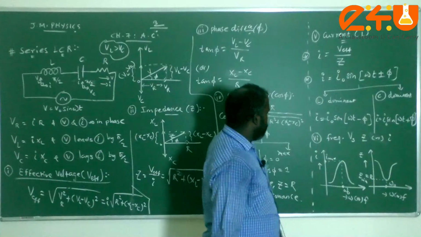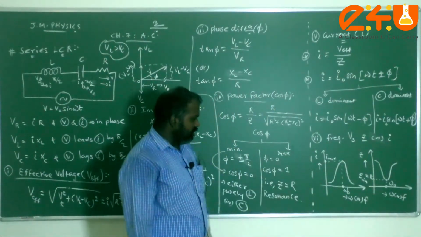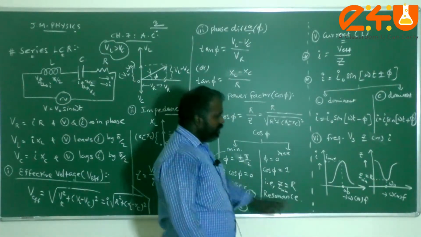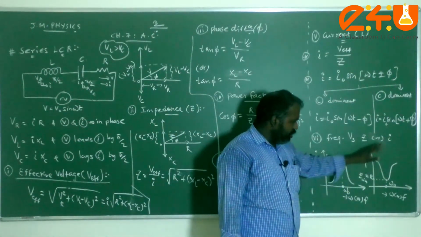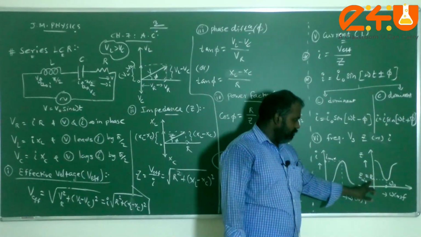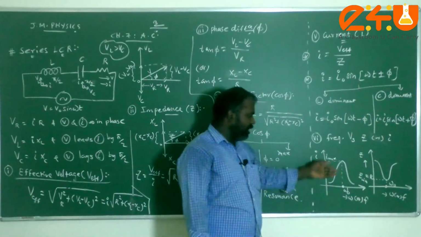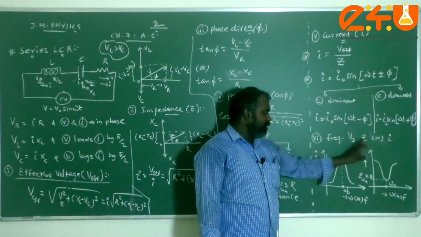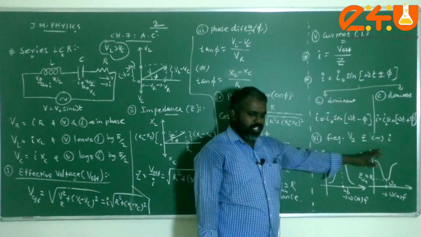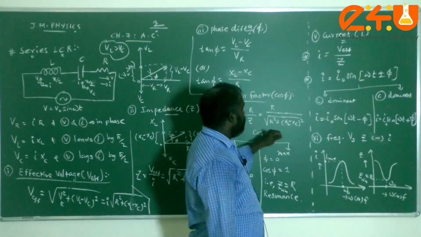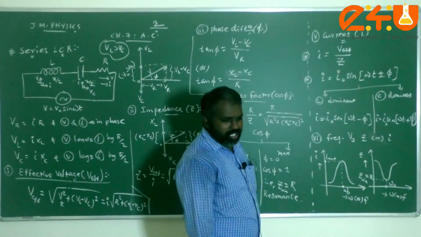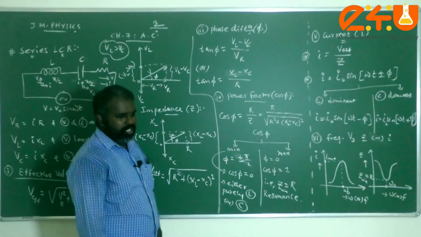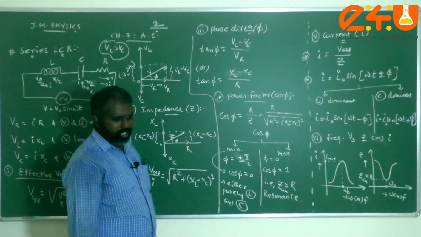That Z minimum is what, children? Resistance R. Z minimum is equal to resistance R. So that's why we can say this is the minimum value of Z. At that condition, the impedance of the circuit will be minimum, with minimum value R. So Z minimum means the current will be maximum. So this is the frequency versus impedance and frequency versus current graph, children. This is the detailed discussion about the series LCR circuit, from either an MCQ or board point of view. Please kindly note down the theory, students.